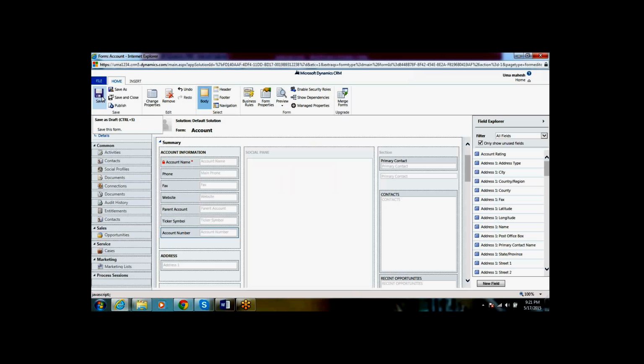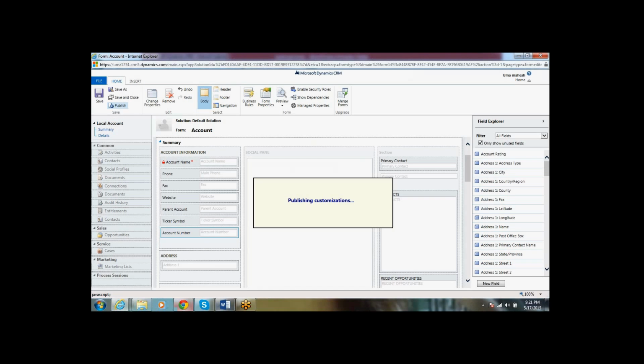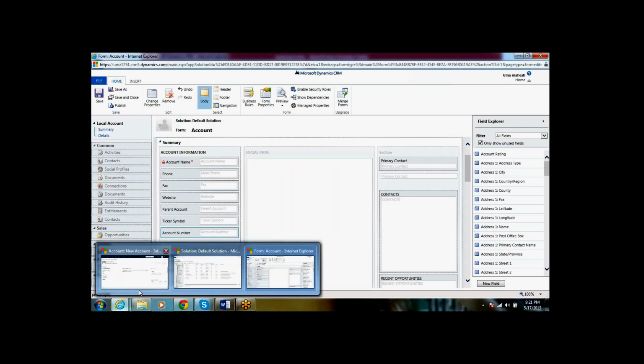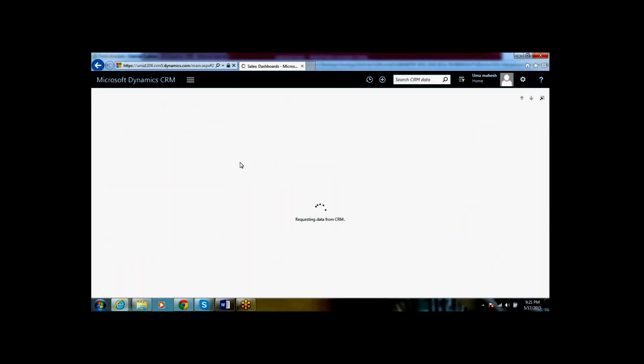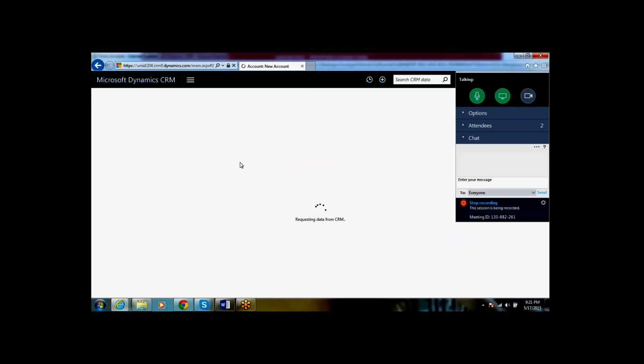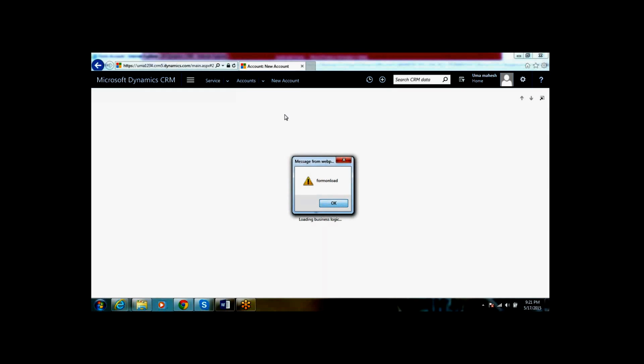When you click on save and publish and press Control F5 to refresh the browser, the form onload method is called.